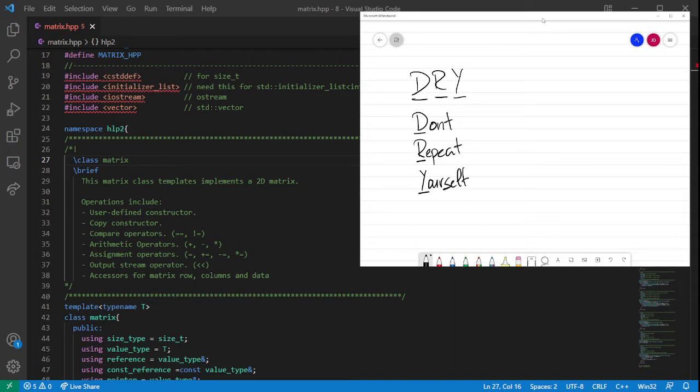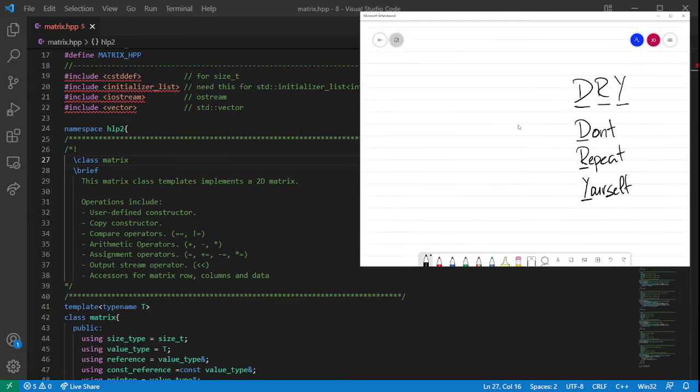First of all, we're going to implement matrix in C++. Second of all, we're going to implement the functions using the DRY method, which stands for don't repeat